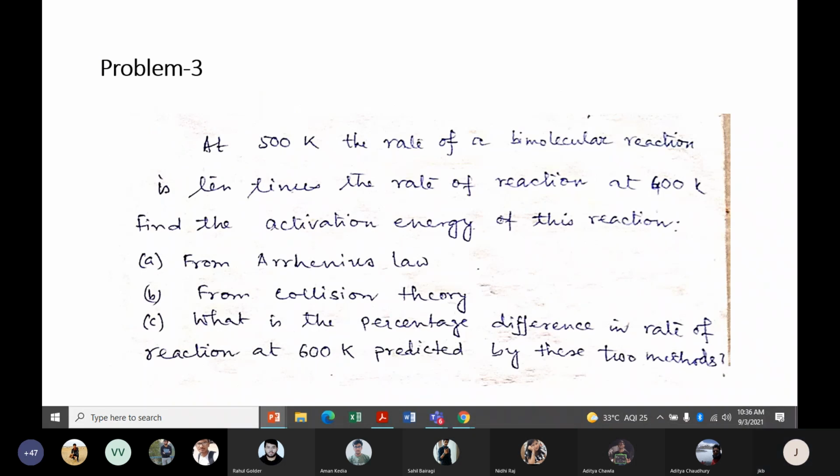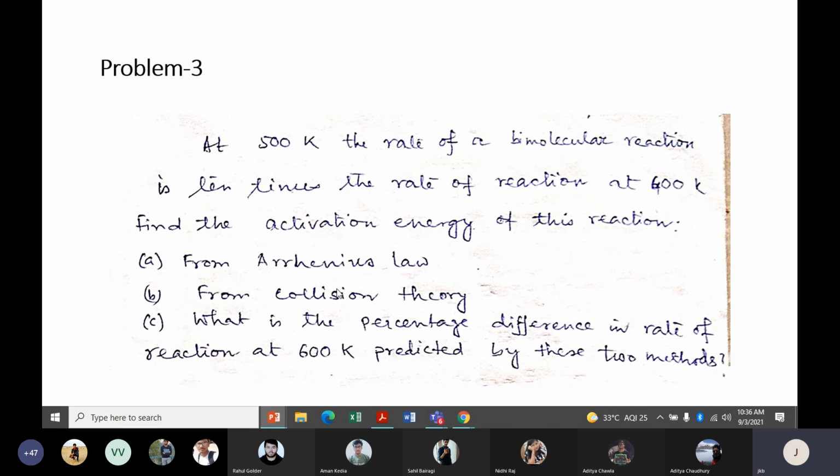Problem 3, that you can practice, is already there. You can practice; I am not explaining details. From collision theory we will get the relation directly, e to the power minus activation energy by RT. But in the case of the other two methods, you will get T to the power half multiplied by the exponential term, and T multiplied by the exponential term. So you can check the other two expressions also.